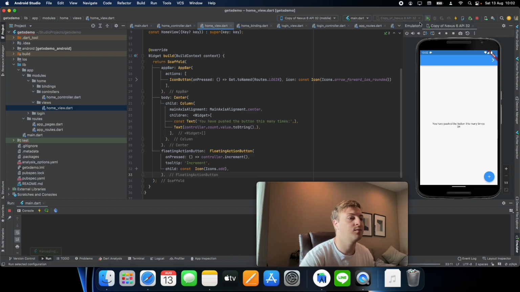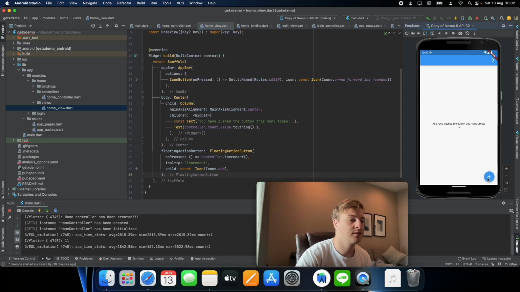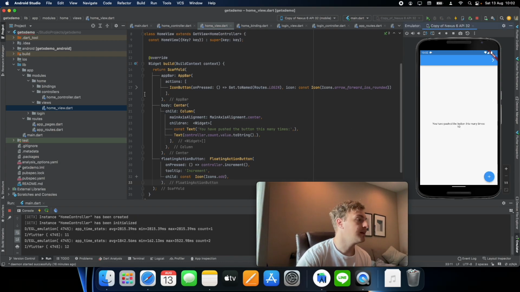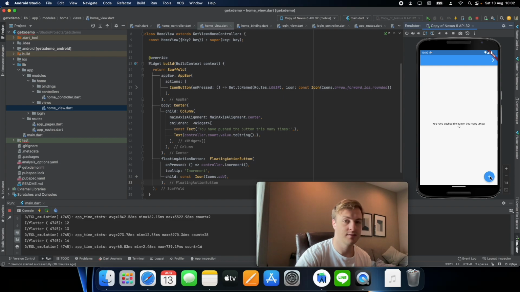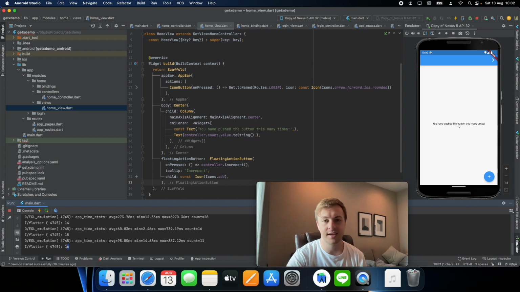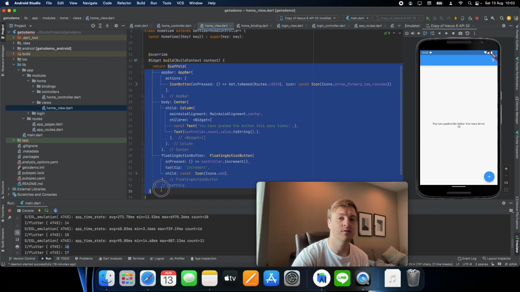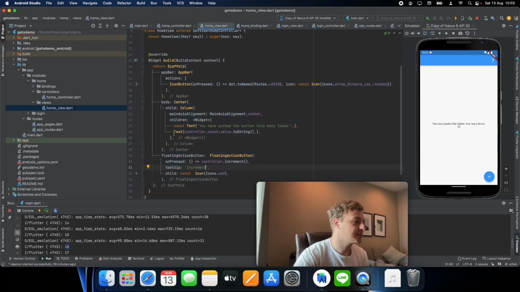Okay, so I'll run this example again. And as you see, now we don't have the GetX builder, right? So I tap on the increment button, and as you can see down here from the logs, it is actually incrementing the value, but we can't see the change happening now. So instead of wrapping the whole scaffold in a GetX builder,